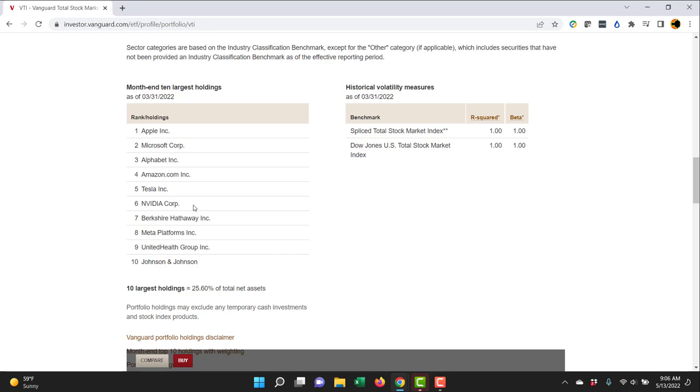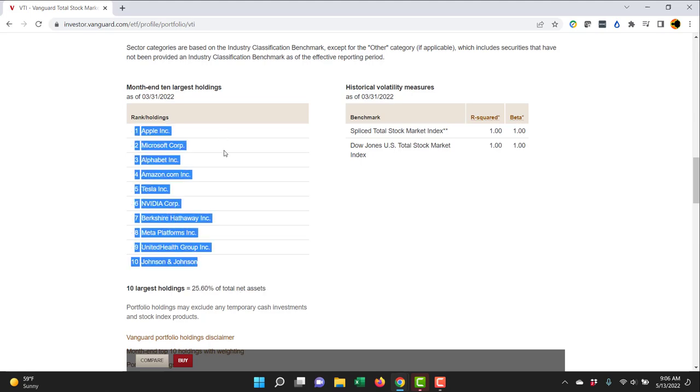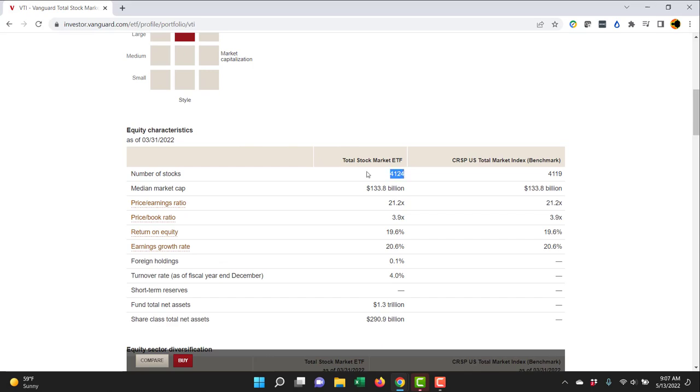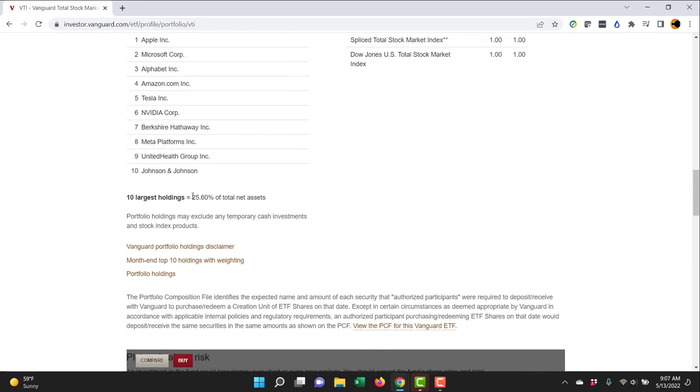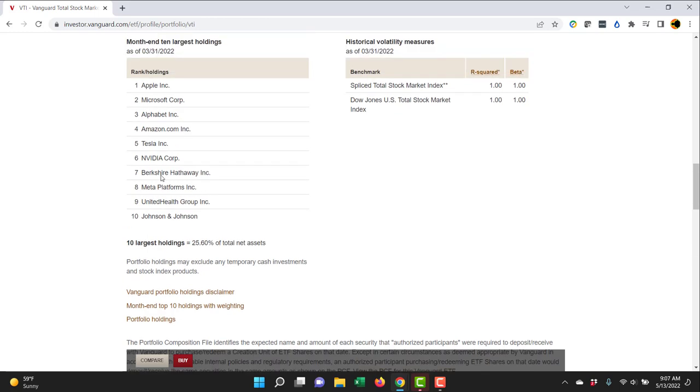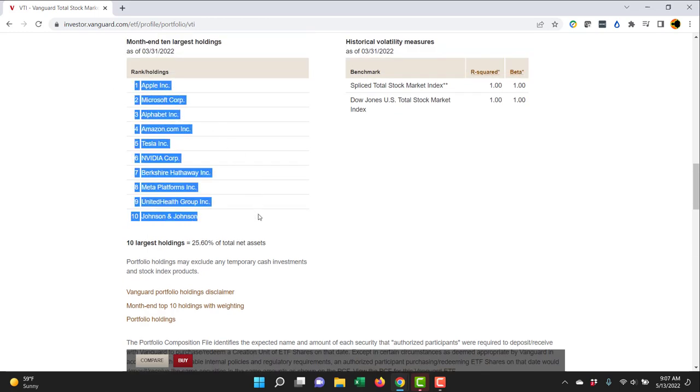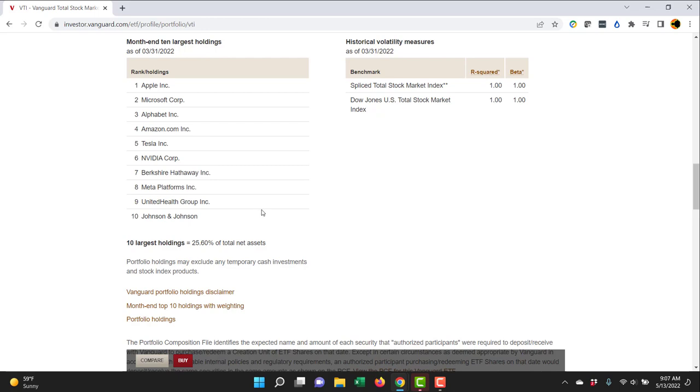of the stock. So you can see why this passive strategy may be risky, because you may end up buying companies that are popular but maybe overpriced. And you can see here the 10 largest holdings are 25% of the total assets. So that means that just between these 10 companies, even though it owns 4,000, the top 10 are almost a quarter of what this fund owns. So you're basically very concentrated in these particular stocks. Of course, it owns thousands of others, but a disproportionate amount of assets owned by this fund are just in